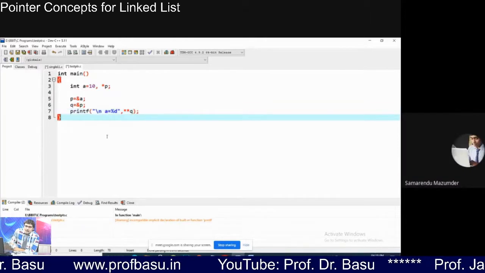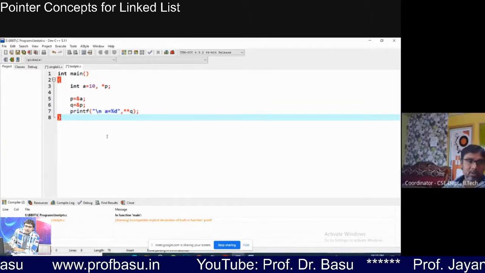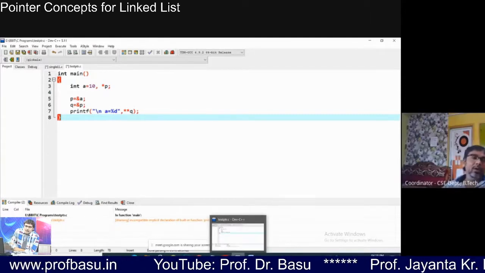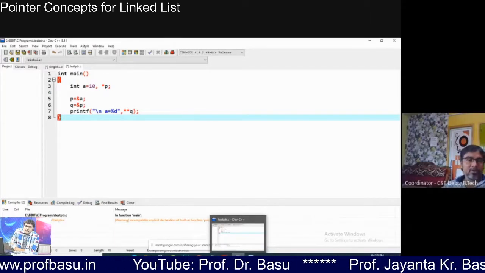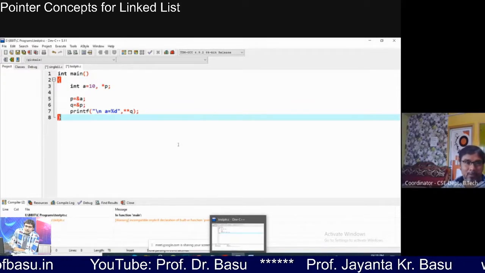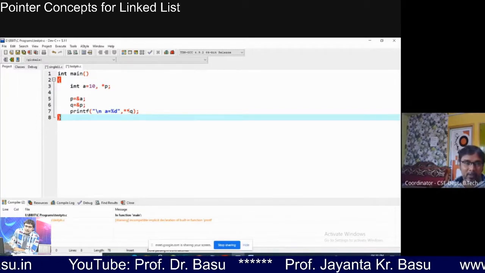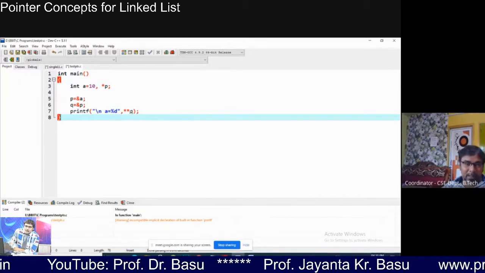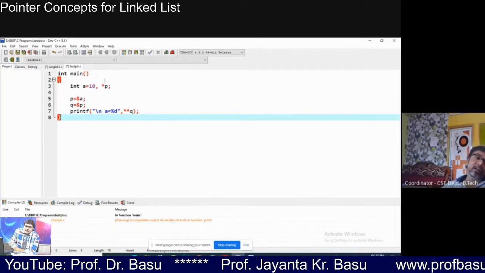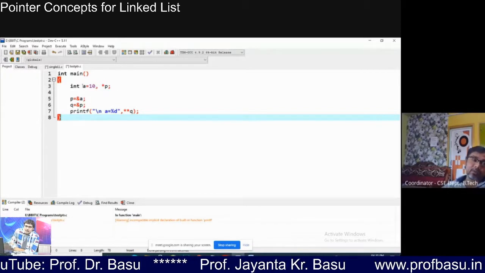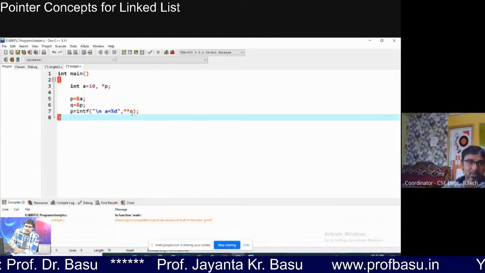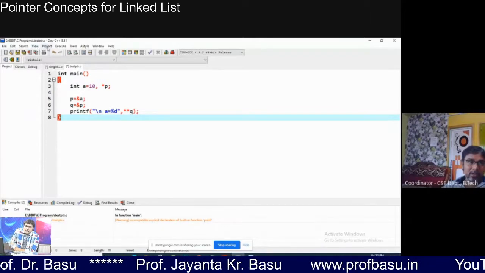Pointer of pointer. Exactly. It is not pointer of pointer, it's called pointer to pointer. Understood? So the variable of the pointer is holding the address of another pointer, which is holding the address of a normal variable, right? So I have to write star star Q to access the value of A.